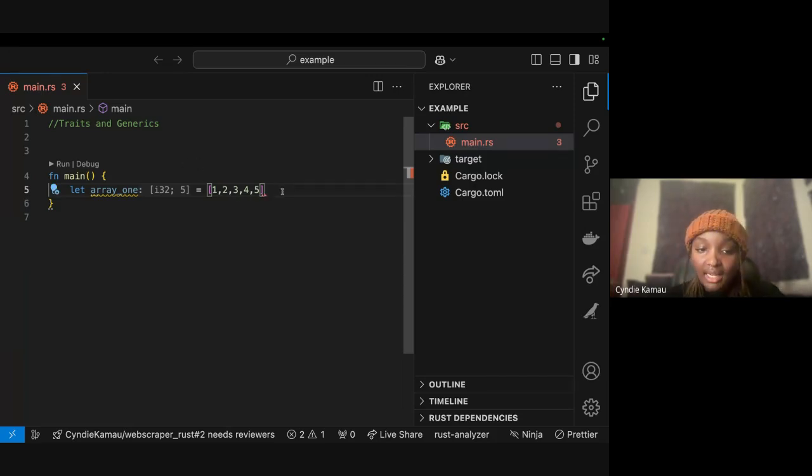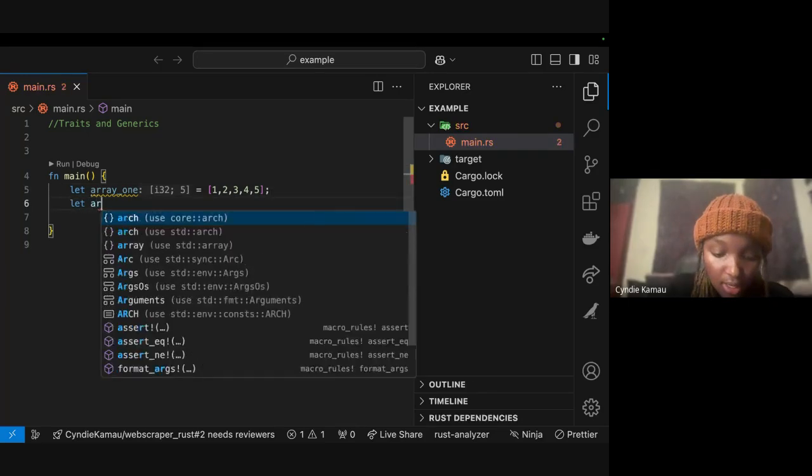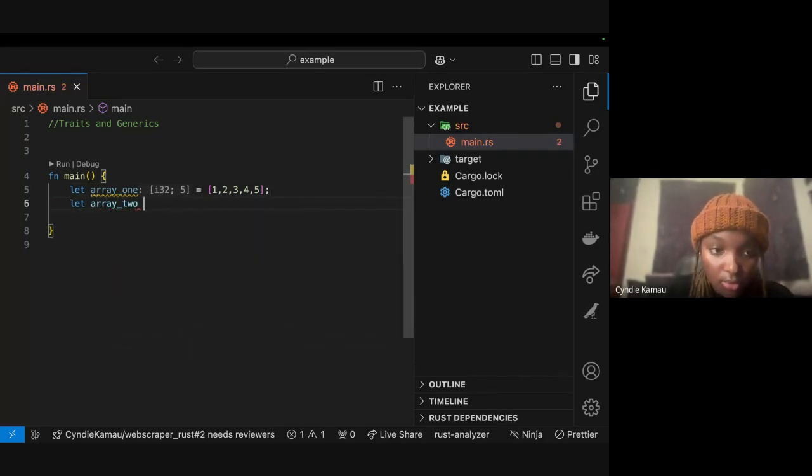So this is an array, right? As you can see, when you check out an array, you find the default for Rust is i32, right? If it is Cairo, the default will be felt252. So let's continue that. Array 2, 6, 7, 8, 9, 10.